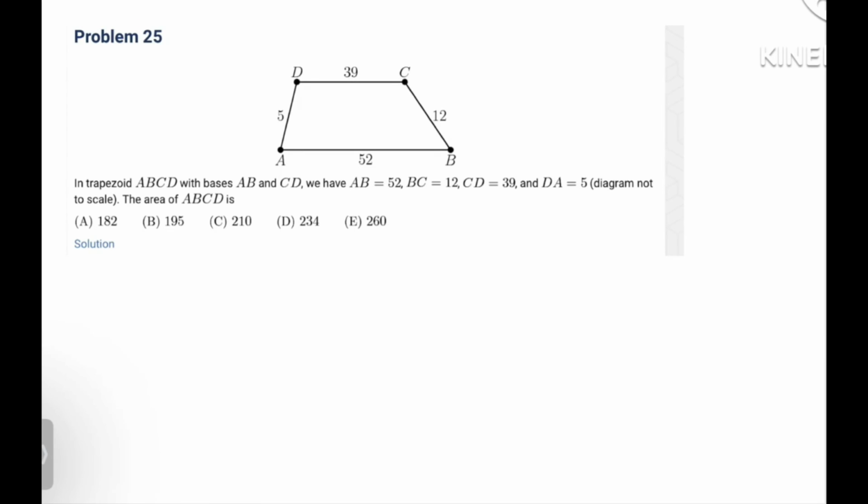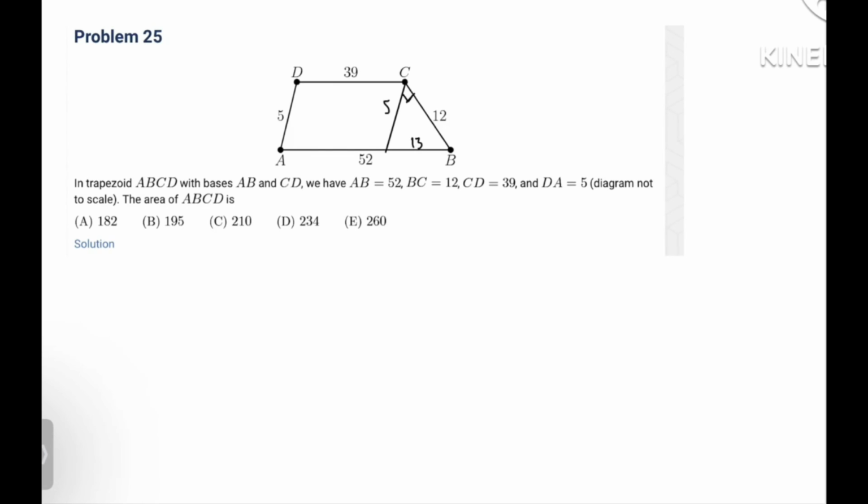Okay, so we find that peculiarly, if we move the A to point C, and then make these two parallel, then this would be 5, and then since this much is 39, this would be 13. So it turns out that this angle is actually a right angle. Oh, that's why it says diagram not to scale. So anyways, we discover that this triangle is a right triangle, and